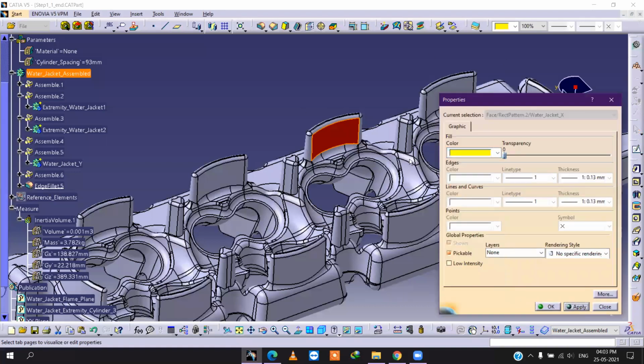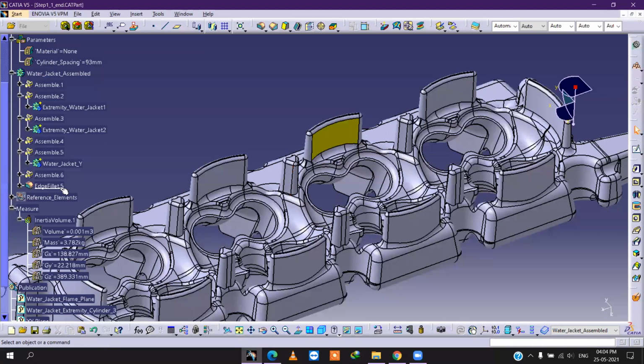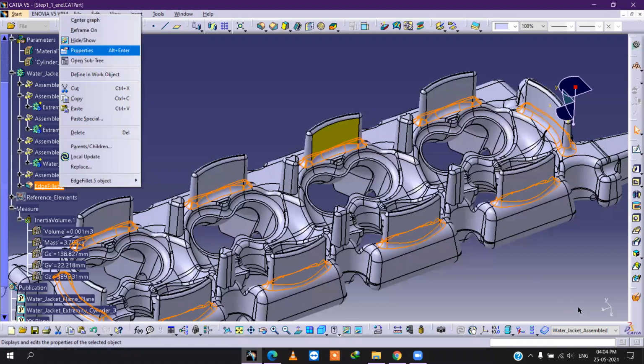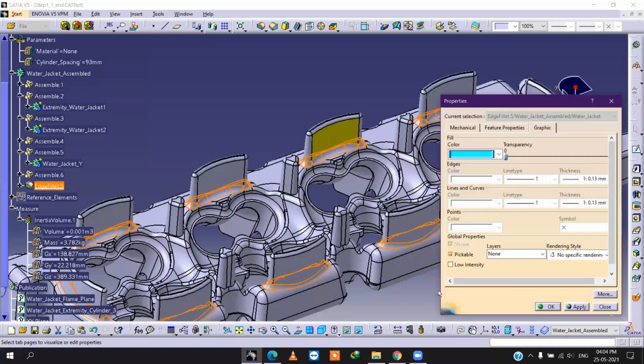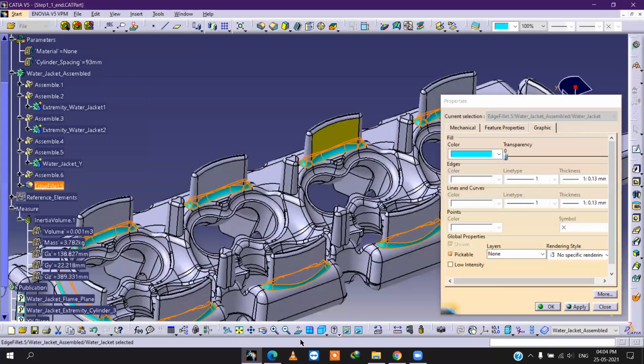If you want to change the color, you just have to select the surface or the body. Then you can change. Suppose I want to change the color of the edge fillet. See, all the edge fillets of 4 mm are showing in blue color.